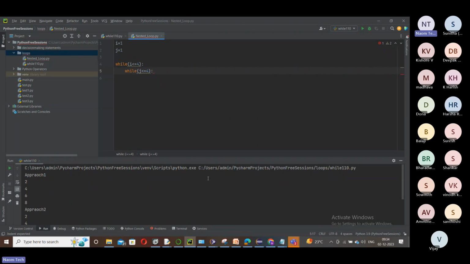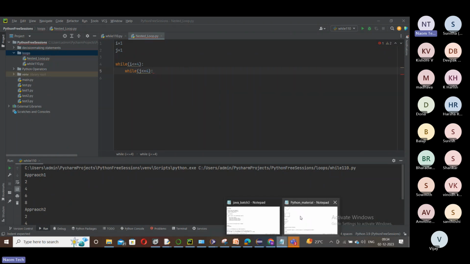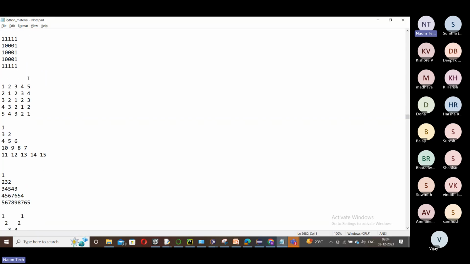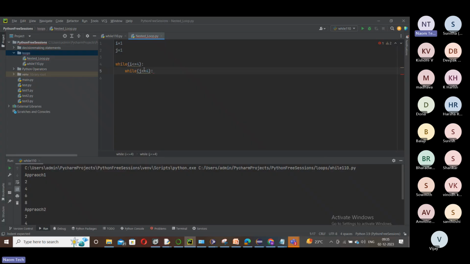Okay, if you want to do patterns, we have just seen a few programs here, right? If you want to do all these patterns, one loop alone is not sufficient. You cannot do this just with one loop. What is it that we need? We need multiple loops, or nested loops, sorry. So we need nested loops. So how do we create nested loops, a loop within a loop? We just create it like this. Simply speaking, you can see here, this is outer, this is inner. Like that, if we need a nested loop.